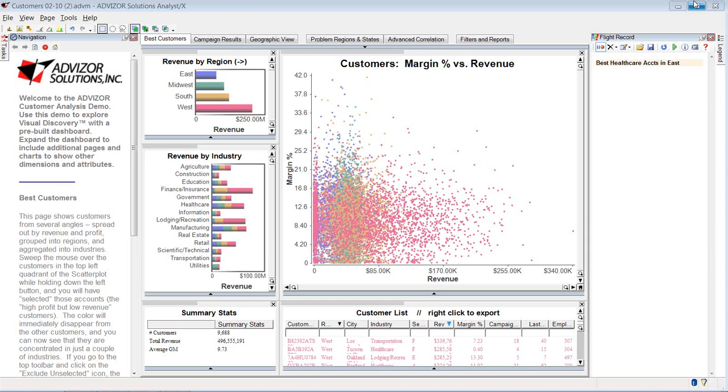In this short 5-minute video, I'm going to describe the Advisor Flight Recorder. The Flight Recorder has three purposes. One is to track and show you where you've been in your analysis and selection path. Second, it allows you to go back to any step along the way, and then you can take a different